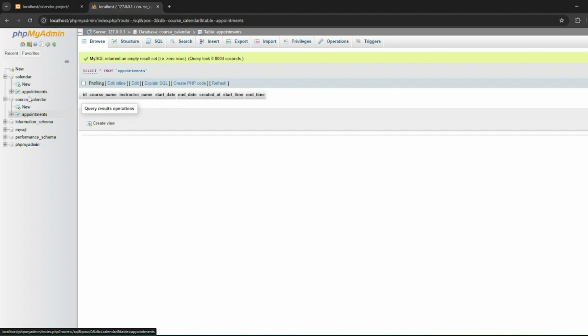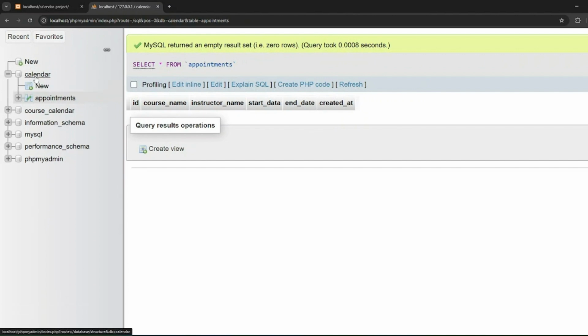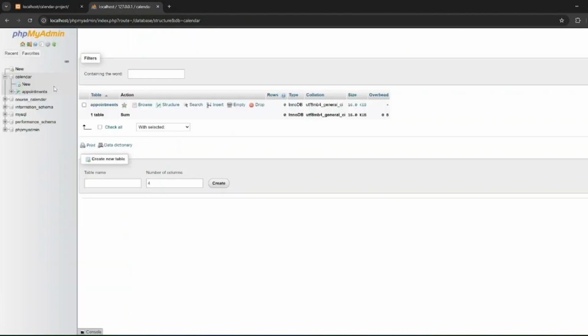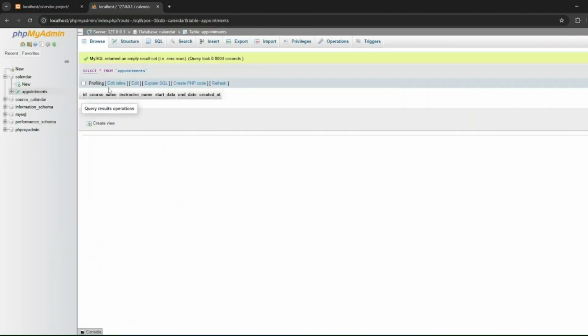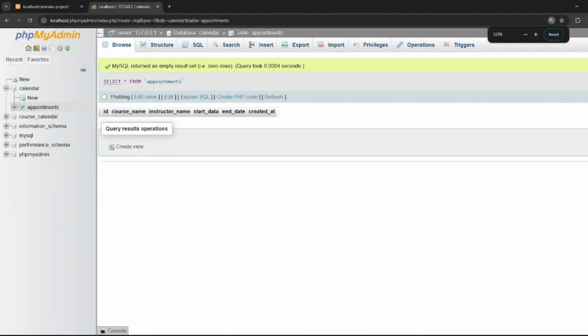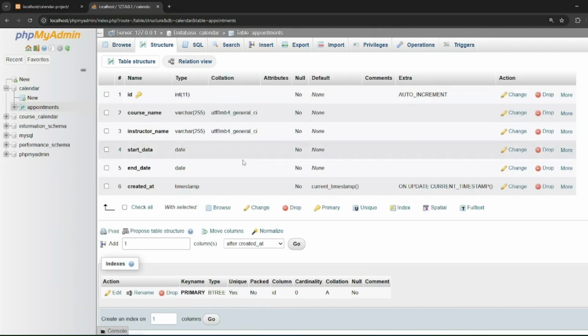When we go to the appointments inside our database calendar that we created in the last section, we have a calendar database and then we have appointments. We need to go to this table. As you can see, we have ID, course name, instructor name, start date, end date, and then created at. We have to add 2 new columns, start time and end time. So add 2 columns after end date,